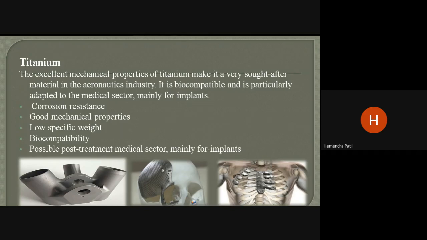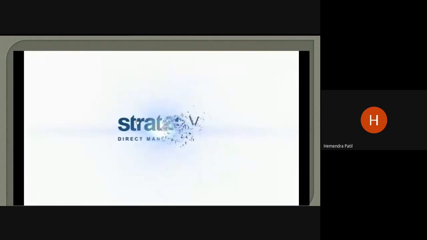As I have shown here, we are using titanium in implants in today's condition. Just for surgery, here is an implant made using parts from titanium. This is the second image where ribs are made from titanium, which are implanted in the human body. So it is a very precious material used in the biomedical field today. This is the video just shown here, of how these metal materials are sintered or made.